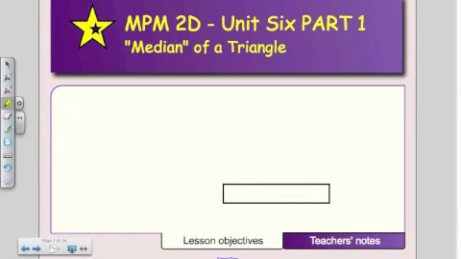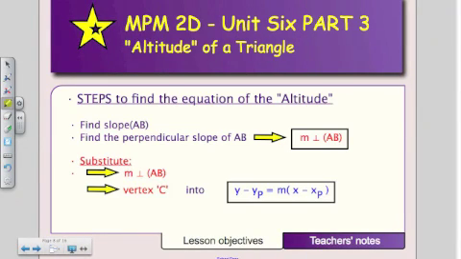An important concept to copy down is how to find the altitude. In this case, we are looking at a perpendicular slope, a line that's going to bisect AB at a 90-degree angle. So it would help to draw a diagram. So if I had the triangle AB,